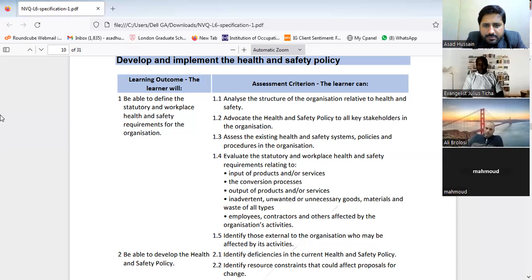Actually, regarding the HSC policy, it's a piece of paper signed by the top management or by the CEO in our organization, which is committed to providing a safe system of work in the workplace, etc. But at the same time, that policy is linked to other procedures, which we call the HSC plan, which shows all the parties, roles, and responsibilities of the people who contribute to the